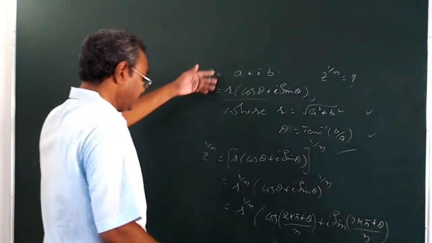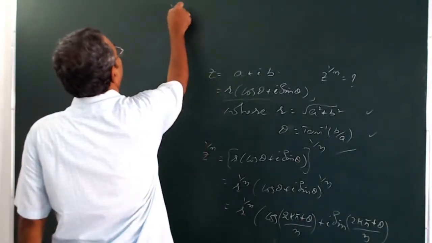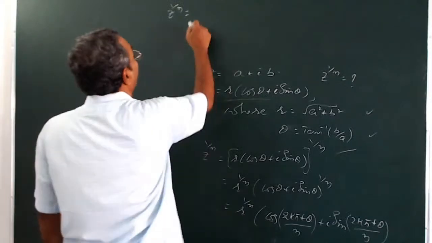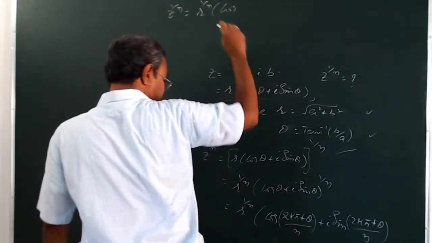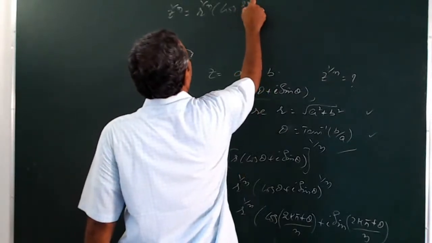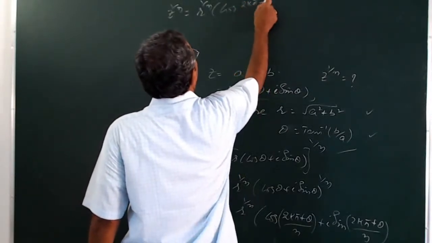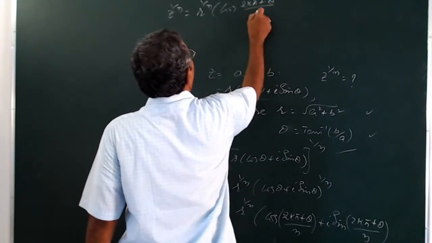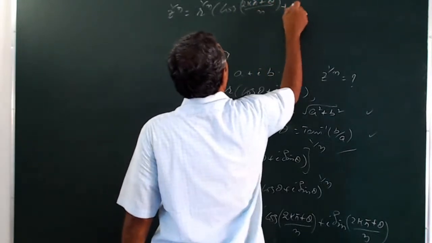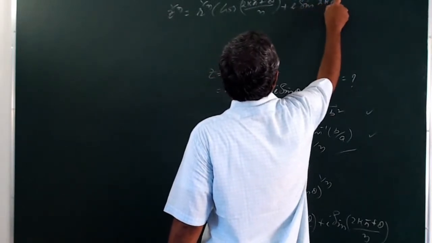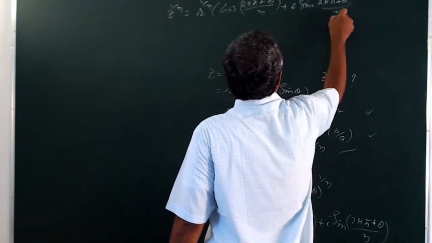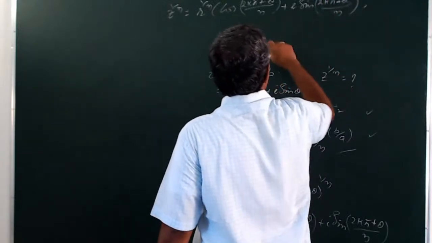I am again writing this. z to the power of 1 by n, that means r to the power of 1 by n into cos of 2k pi plus theta by n plus i sin of 2k pi plus theta by n,